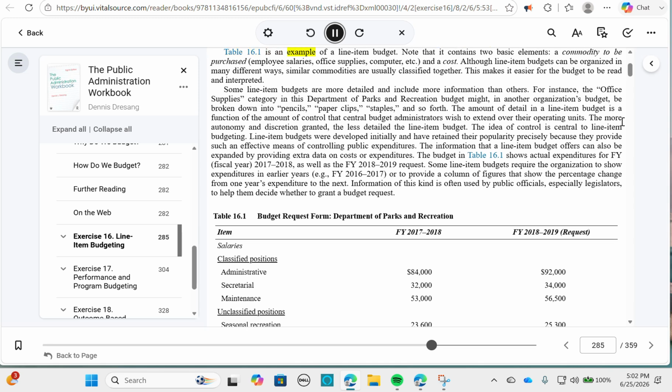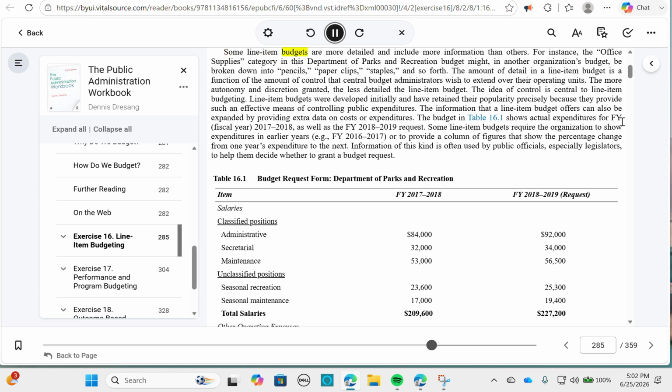Table 16.1 is an example of a line item budget. Note that it contains 2 basic elements: a commodity to be purchased, employee salaries, office supplies, computers, etc., and a cost. Although line item budgets can be organized in many different ways, similar commodities are usually classified together. This makes it easier for the budget to be read and interpreted. Some line item budgets are more detailed and include more information than others. For instance, the office supplies category in this Department of Parks and Recreation budget might, in another organization's budget, be broken down into pencils, paper,